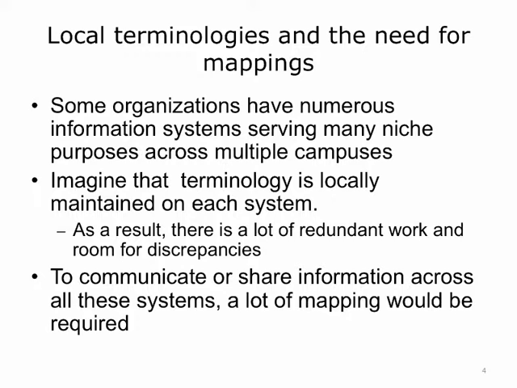With overlapping terminology locally maintained on each system, there could be a lot of redundant work, lots of room for discrepancies, and quite a bit of mapping. The more systems with local terminology that need to be mapped, the more semantic harmonization is required. As we learned in the first lecture, the complexity of mappings will grow exponentially as you add more systems and terminology variants. Unfortunately, this problem has already occurred in many organizations and is especially severe as we try to map